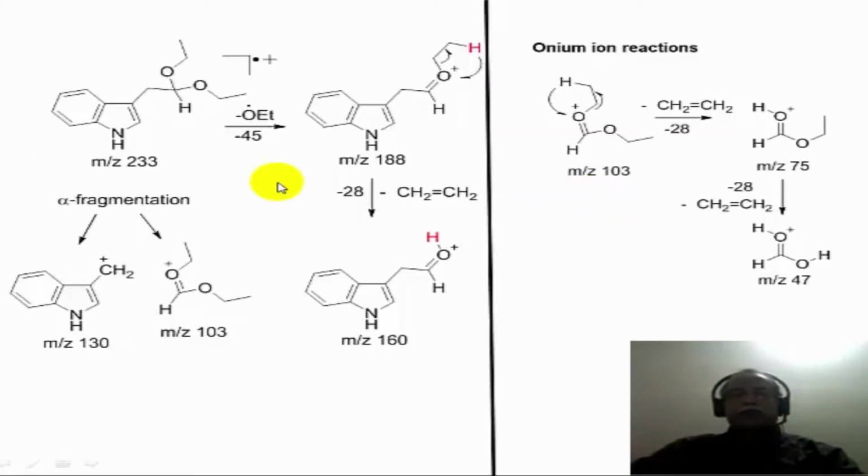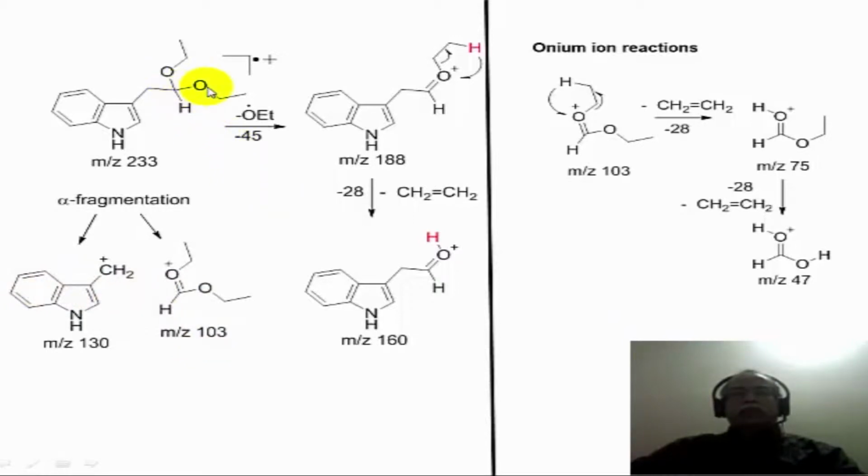the mass spectrum. Now a diethyl acetal of this type can undergo fragmentation of this carbon-carbon bond, because that will result in a stable carbonium ion, either this one or a stable carbonium ion which is this one, because this is resonance stabilized by oxygen lone pair participation in the delocalization process. So either of the fragments can form with the corresponding positive charge on it, and the molecular weights of the fragments are 130 and 103 respectively for these two fragments.